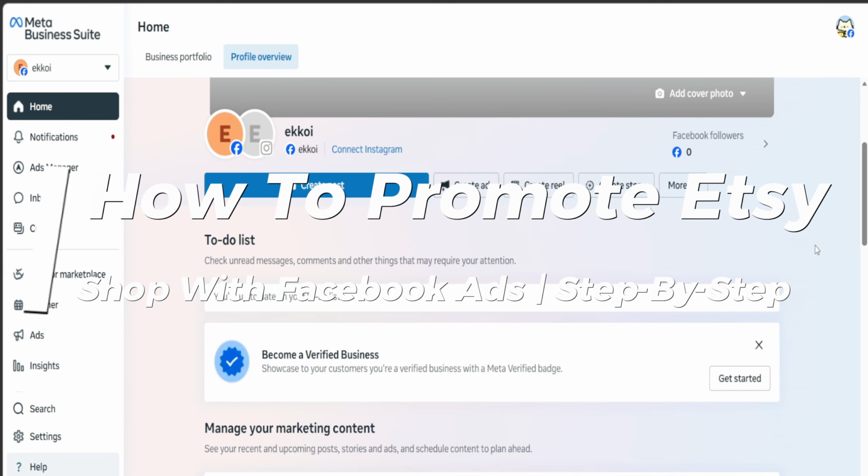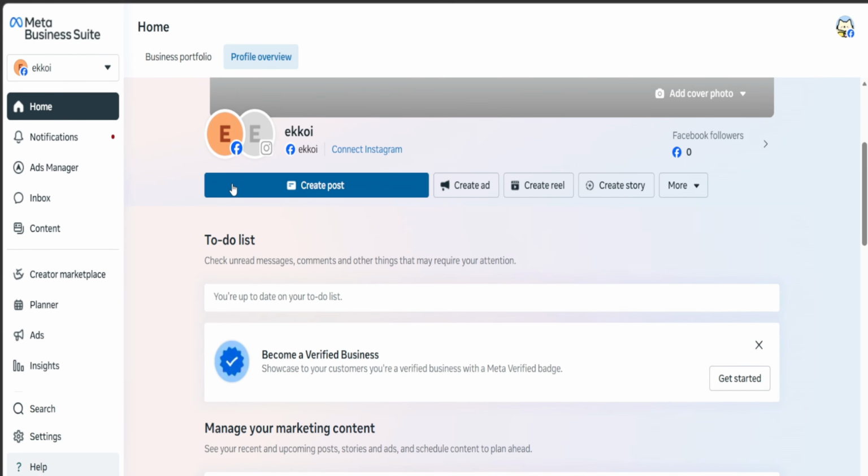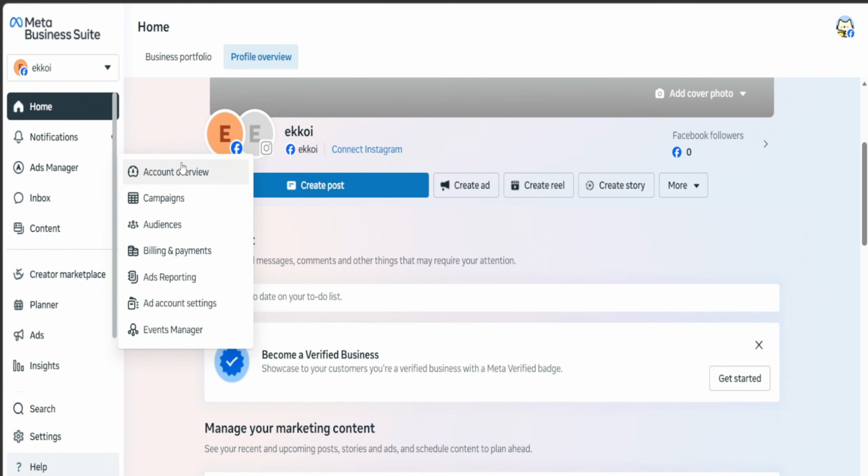How to promote Etsy shop with Facebook ads. So this pretty much works best when you send shoppers from Meta Ads Manager to either a specific Etsy listing or your shop page. So you're going to have to go to your Business Suite or directly into your Ads Manager,